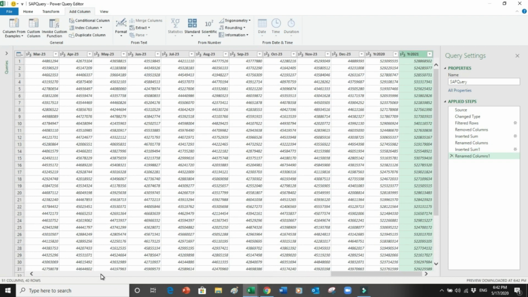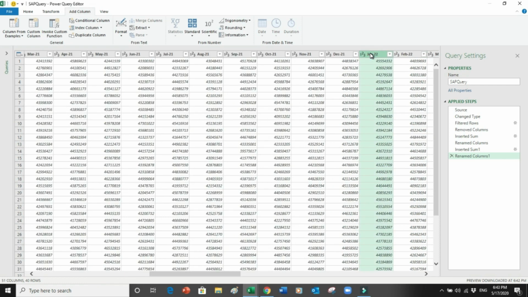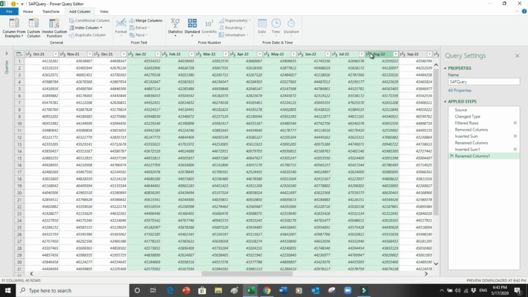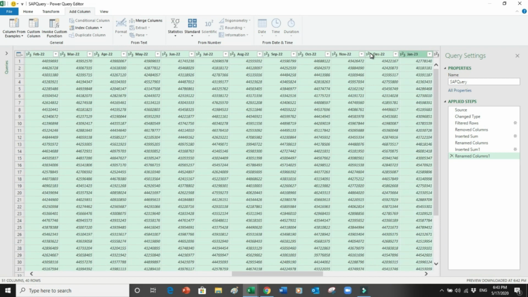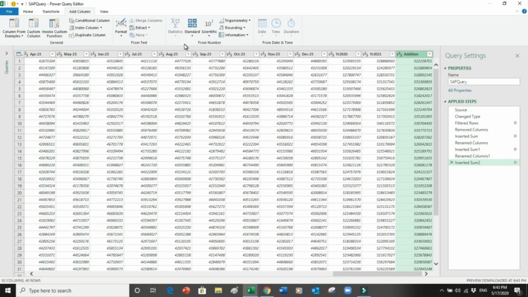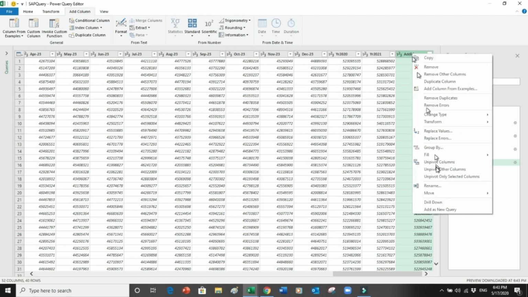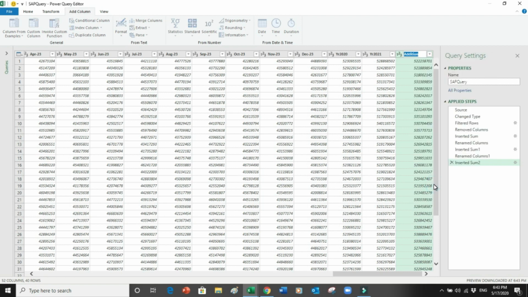Now I will go for 2022 here. So I will select these 12 months of 22 till here, add, and the third year has been added over here after 2020 and 2021, and over here right click, rename year